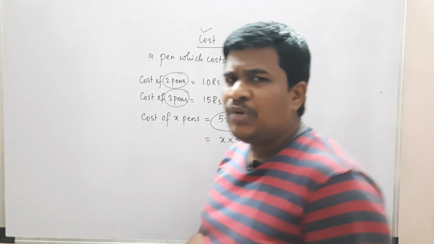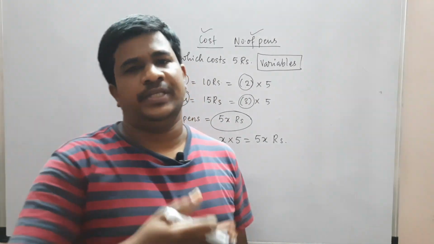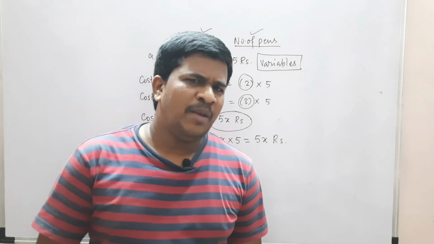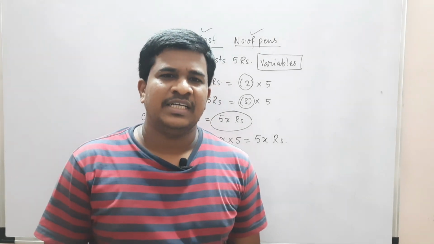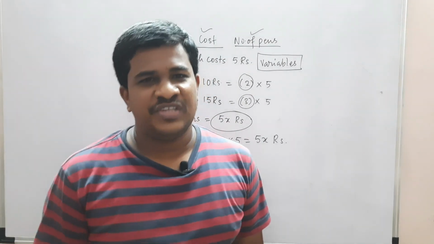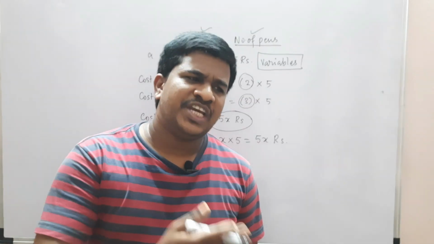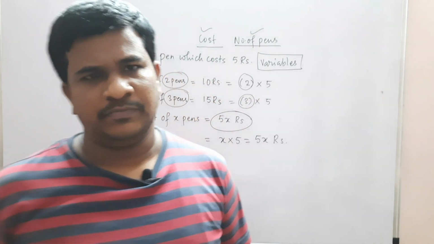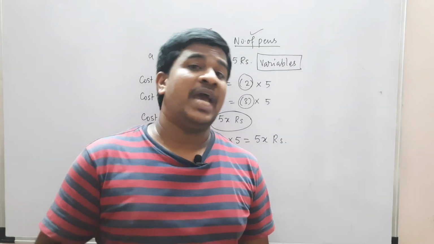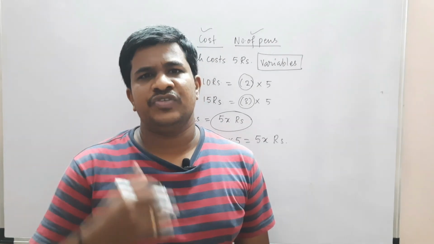What is a variable actually? A variable is something that keeps on changing, like oil price. Oil price is not constant, isn't it? It keeps on varying. The price of petrol is not constant, it keeps on varying. Its value keeps on changing, it may either decrease or increase. Anything like that we call a change.